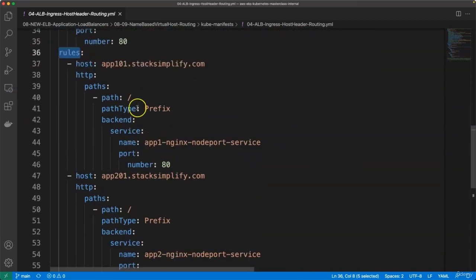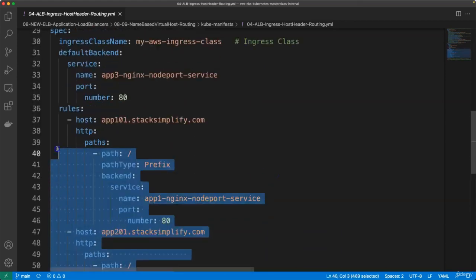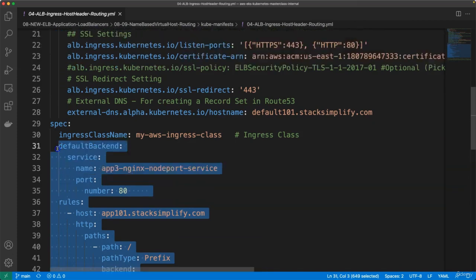And under rules, you have something called host, and in host you have defined app101.stacksimplify.com: with the root context, anything that comes to app101.stacksimplify.com/ should go to the app1 nginx node port service, and anything that comes to app201.stacksimplify.com with the root context should go to the app2 nginx node port service. So these are the rules related to host header based routing, or name based virtual host routing, which we have